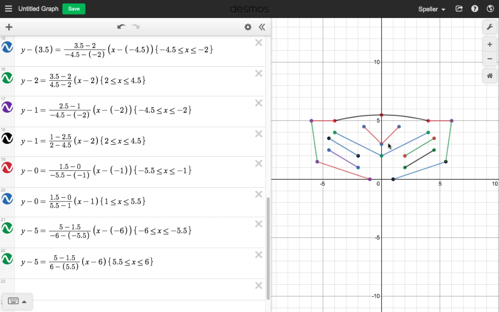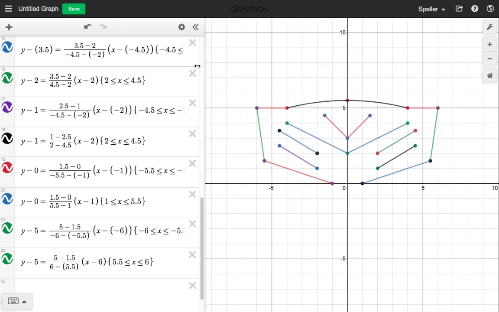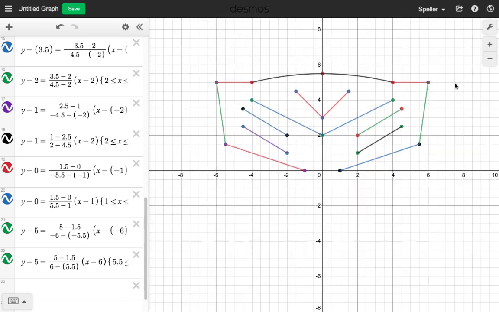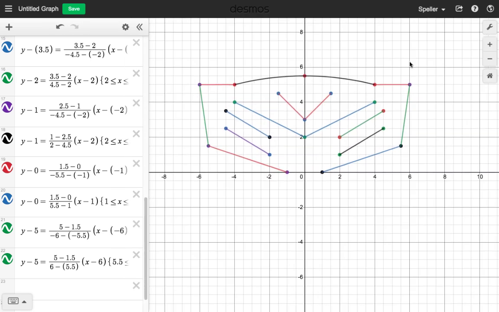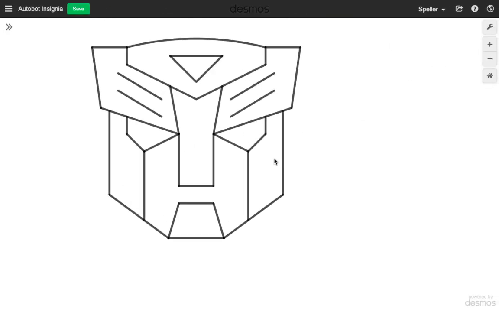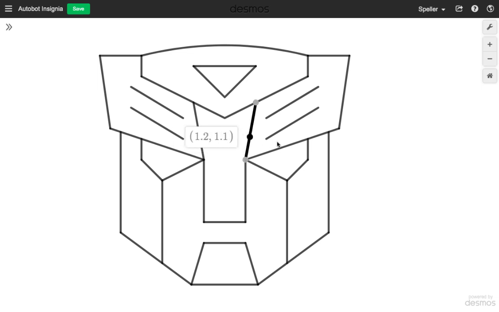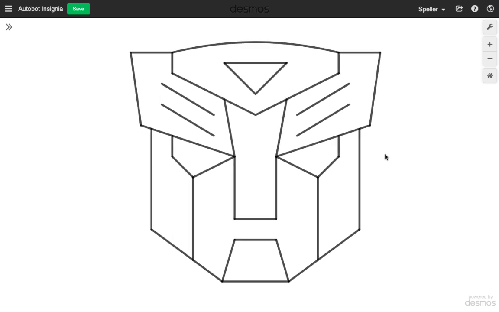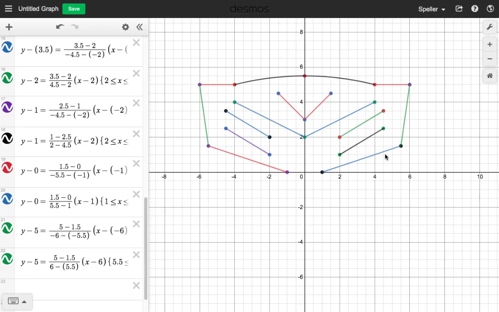So then we have the outline there. All right, let's just slide this back a little bit and click home so we can kind of see what's going on here. All right, so that's what we have right now. This here is what we're trying to get to. So we're coming along. In the next tutorial, we're going to actually, you know what?